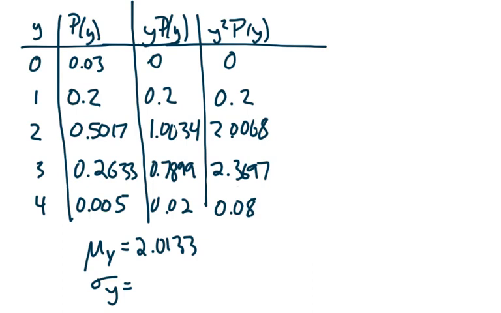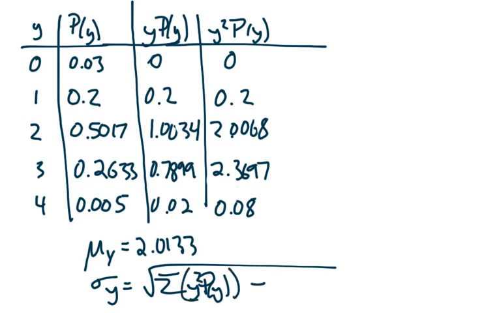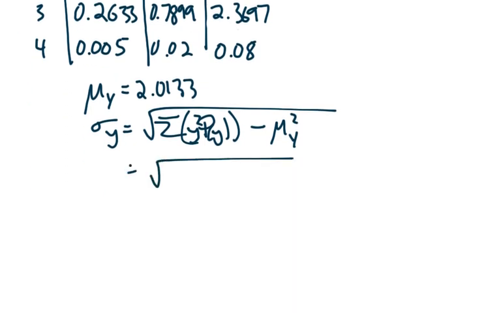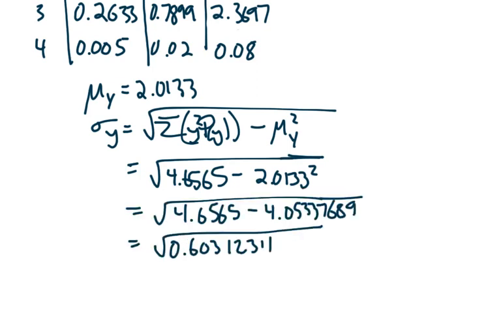which means that the standard deviation here is going to be the sum of y times p of y times another y, or y squared p of y, minus mu sub y squared, right? So this is the sum of our fourth column there. The sum of the fourth column minus the mean squared. So we square that, and we subtract those, and we take the square root of that, and we get approximately